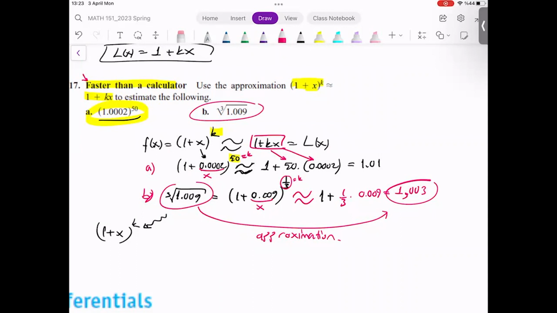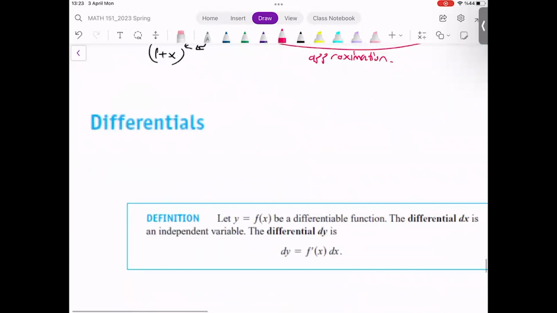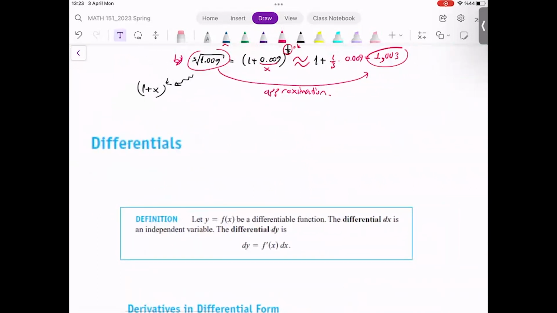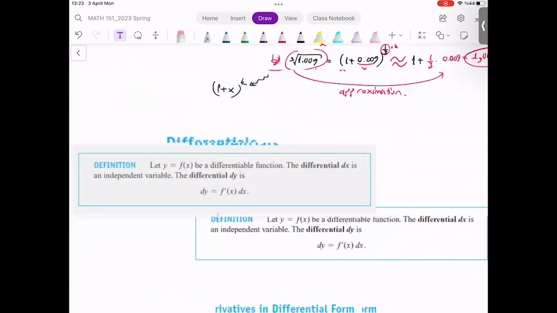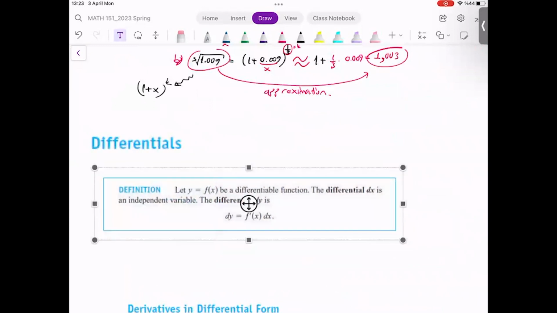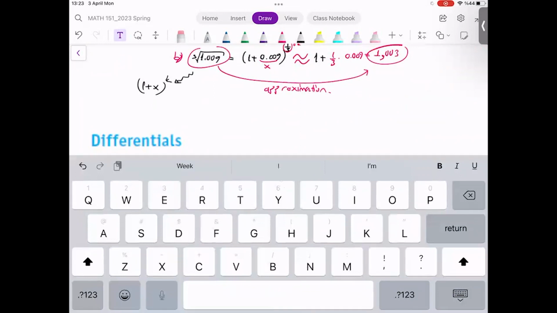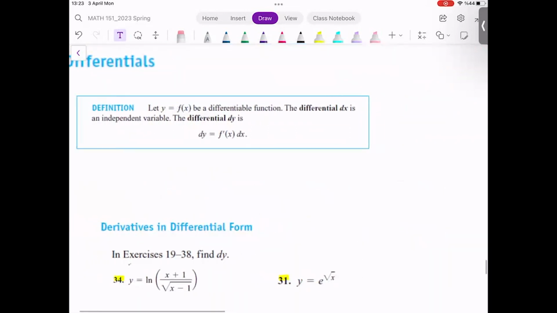So let me move on with the next part. Finally, we can talk about differentials now. What's a differential? It is here. I took this box from your lecture video, lecture notes. So to compute the differential of your function, all you need to do is to take